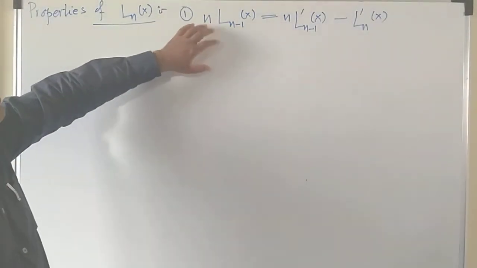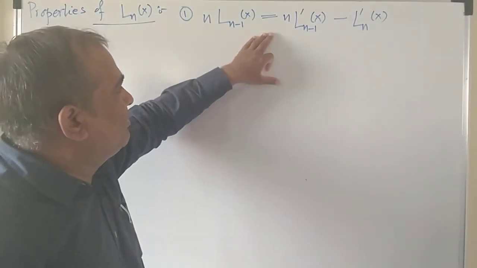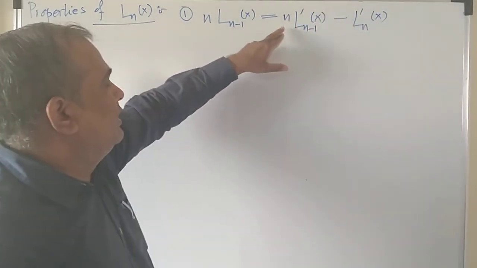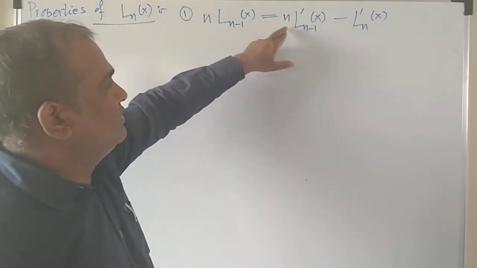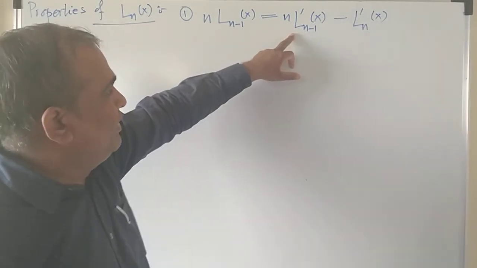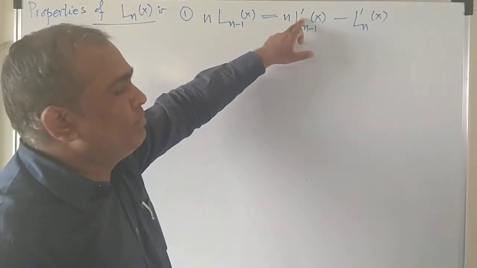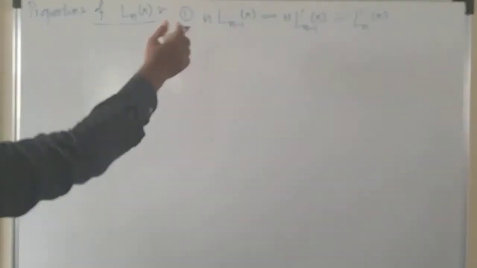So how to prove this property? The easy way is just observe the equation, and if the equation is having derivatives, L dash, that means it's a derivative of x. So differentiate the generating function with respect to x and simplify the equations, you will get this kind of property. If you do not have derivatives of the given polynomial, then differentiate with respect to t. That's the two ways. And this is having L dash of x, so consider the generating function.